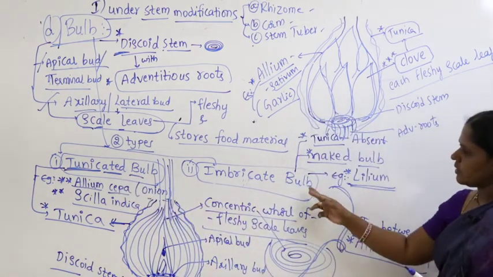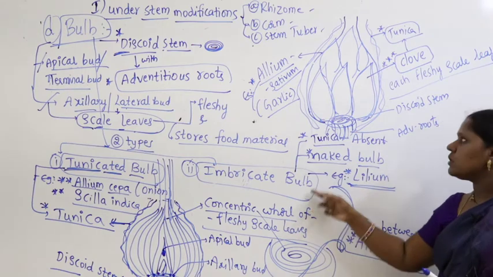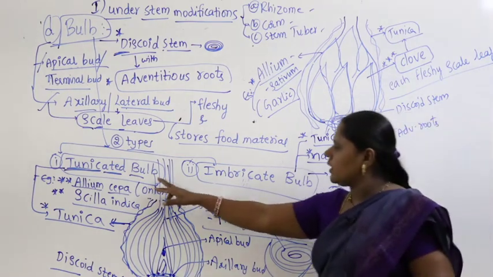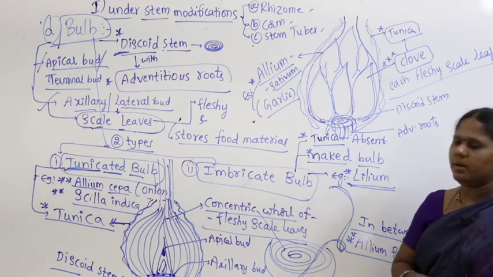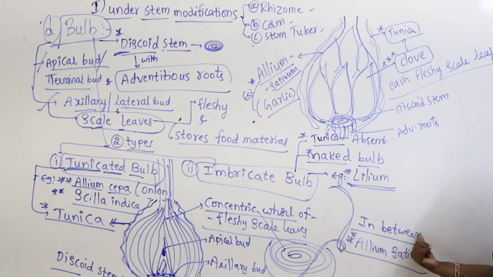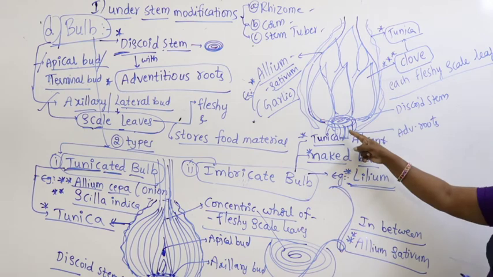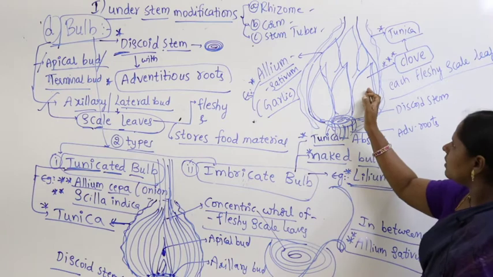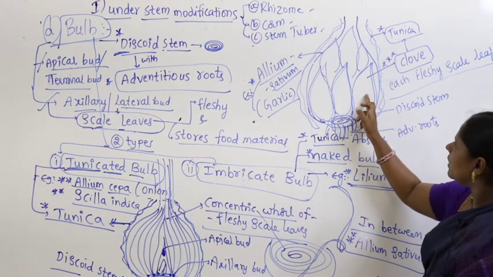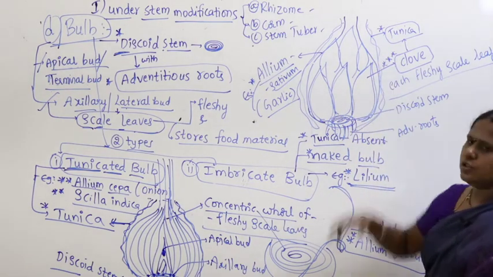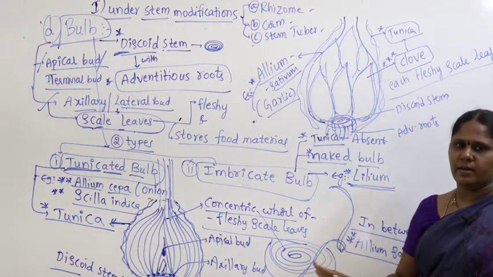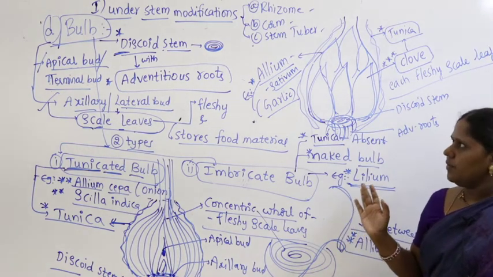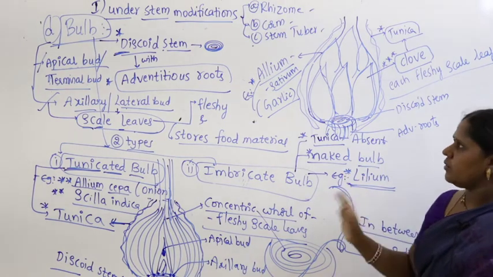And here it has some characteristics of the imbricate bulb. So, it belongs to both the tunicated bulb and the imbricate bulb. It is in between the tunicated and imbricate bulb, that is nothing but what? Allium sativum. So, in Allium sativum also the discoid stem and adventitious roots are there, cloves are here, velluli, right? Cloves are there. Each clove stores food material and each clove is covered by tunica. The rest of the characteristics are the same. Right. Now, we will discuss again. I will repeat again. Let us have a look again.